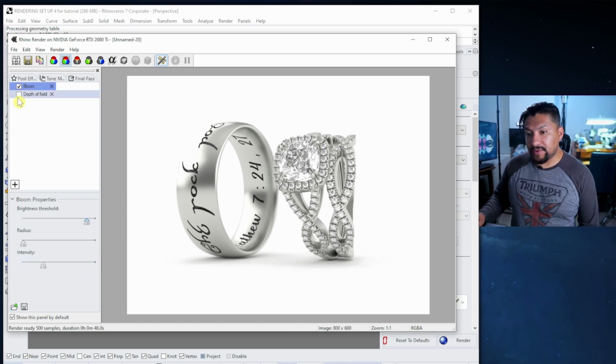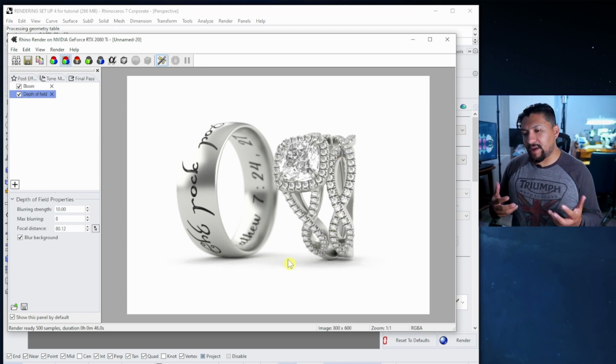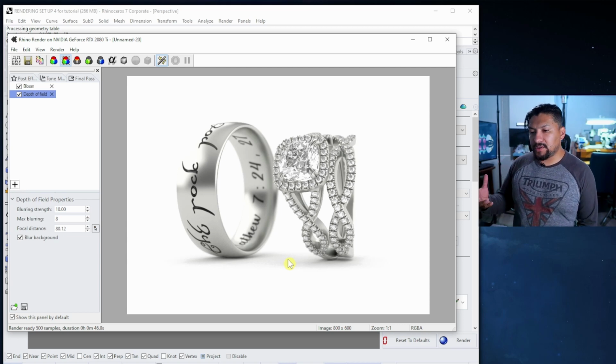And now I'm gonna add depth of field. It's gonna look blurry. So what are you going to do? You're gonna click on depth of field and you're gonna select with this button here where you want the camera to focus. That way it blurs the rest of the scene. So I'm gonna hit click here and I'm gonna click right on the center of the center stone or like on the corner. If you can see now, everything is being blurred out and that gives you a sense of more realism. I like it. Some people don't,